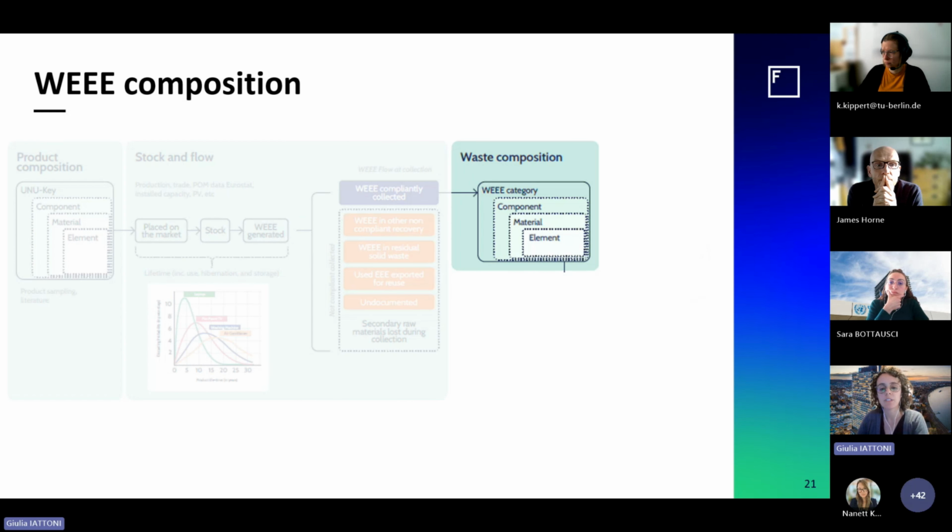Through the stock and flow model applied, we can then derive the composition of the waste, which maintains the same hierarchical and nested structure as the product composition, but is no longer at product level and rather aggregated per WEEE category as defined in the WEEE directive, so with the 6+1 categories of the WEEE directive. It also considers a shift in time, meaning that the composition of the waste in, let's say, 2020 will be based on the composition of products placed on the market in previous years, from 2010 or 2015, for example, depending on the type of products.